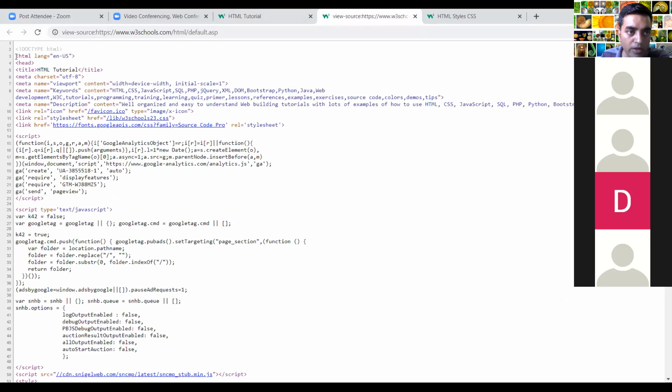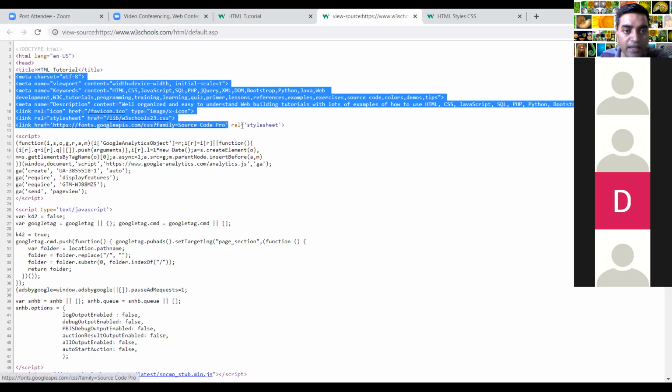Now see what I have told. This is the head tag. Inside the head tag we have this title. What is the title? HTML Tutorial, right? Apart from the title tag, inside this head tag we have different types of data. These are not directly related to the page, but they are supporting things which help the page run or function properly, as we discussed earlier.